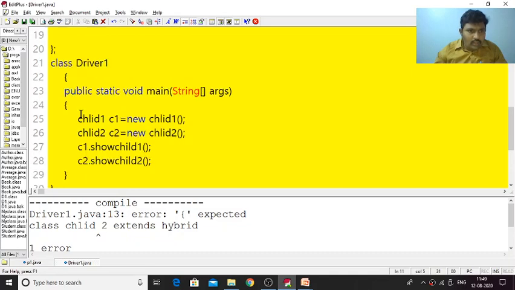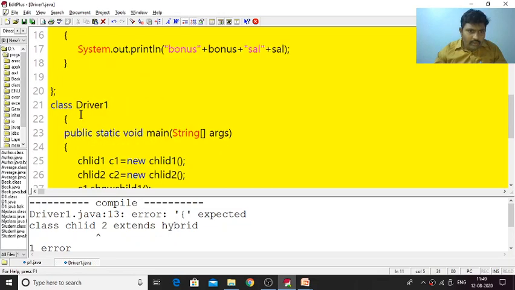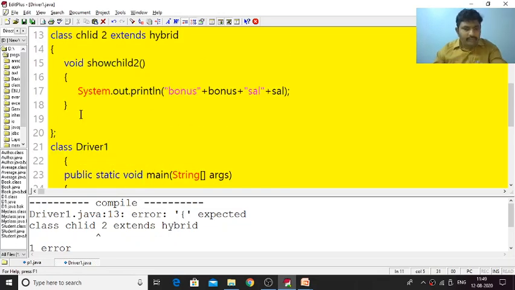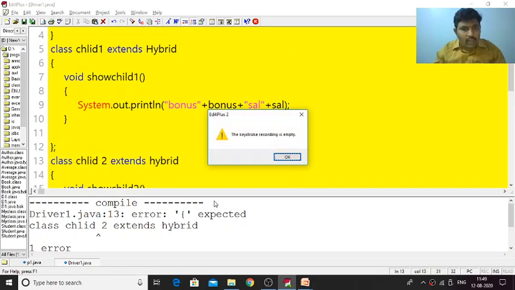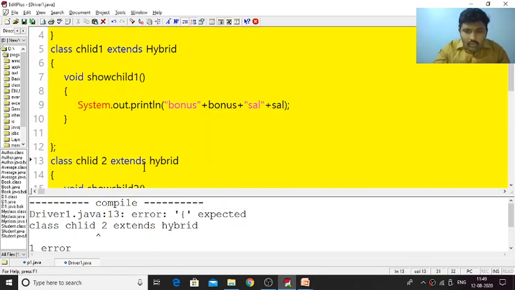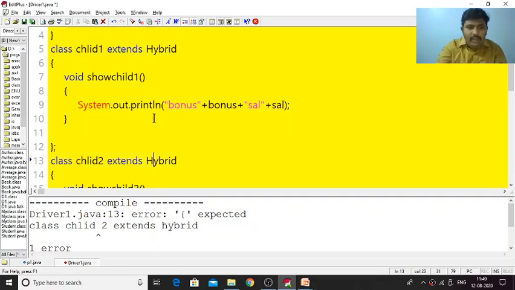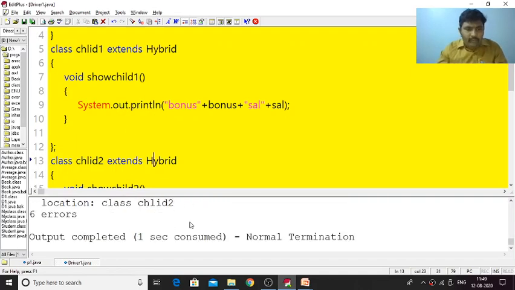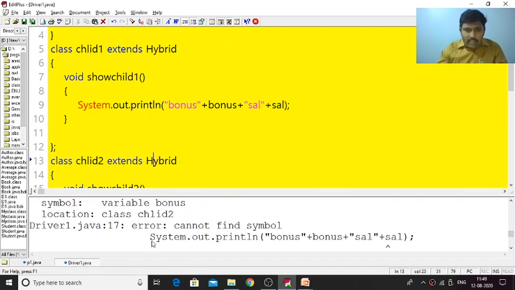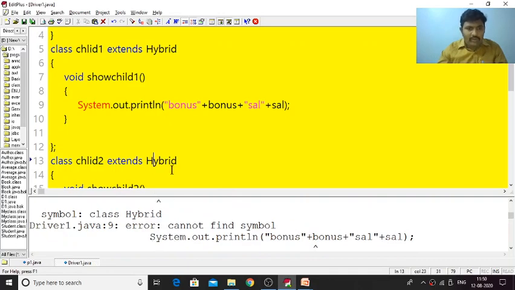Everything is good about this. And where is the error? Child C1. No, everything is fine. So we forgot the spaces here. Now the name is also changed. It is capital H Hybrid. So now try to compile the program. So it is showing us 6 errors. So by resolving the errors, we can solve most of the problems.